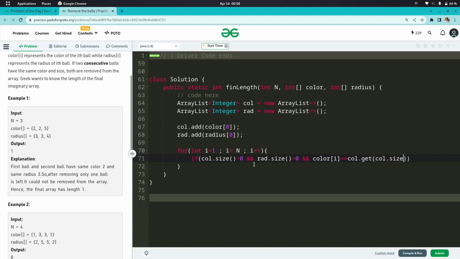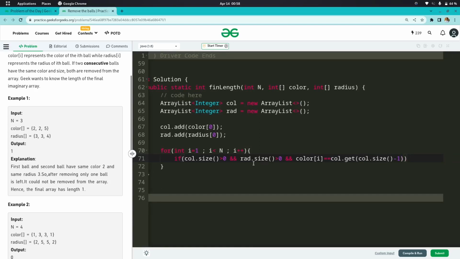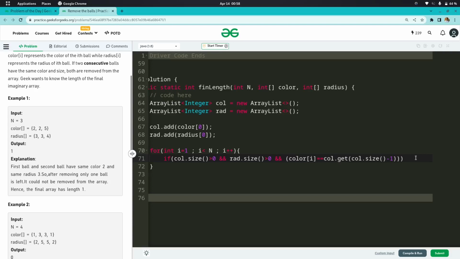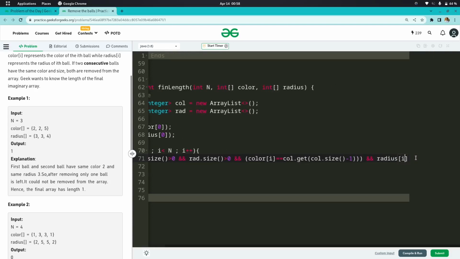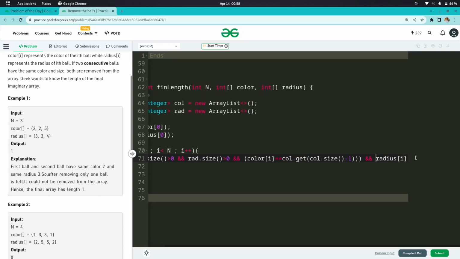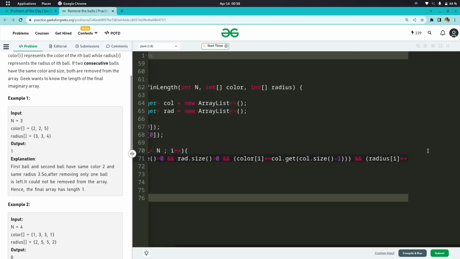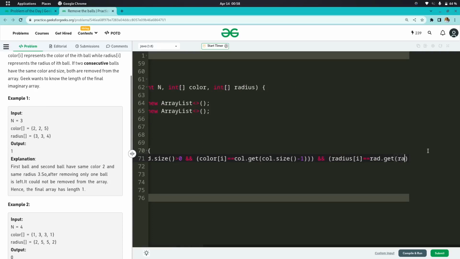Color dot size minus 1, right? And same for radius. So radius I is equal to radius dot get last element, right? So radius dot size minus 1, that's it.